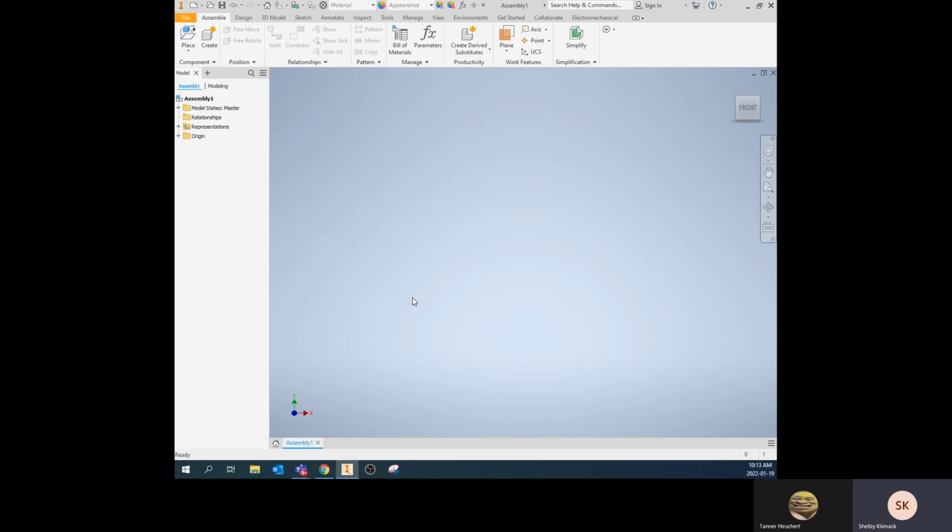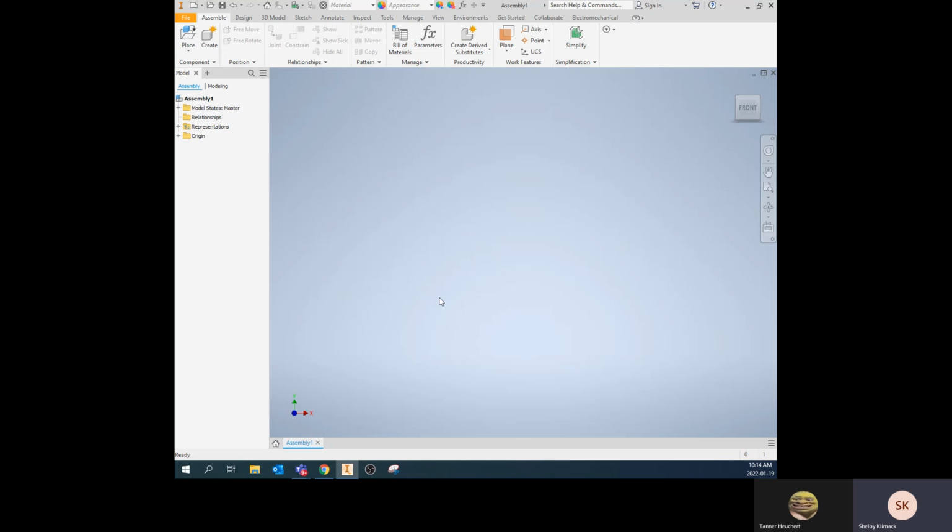Good. So Connor says the base is what you build the rest of the object off of, and that is perfect. Matthew? Yes, it's the object that's grounded, or the one that's locked in place. Good. So this works the same way with an assembly. Again, all those lessons we learned with 2D parts or with building parts apply to this. So when we place our base in our assembly, instead of it being the first extrusion or first revolve that we do,